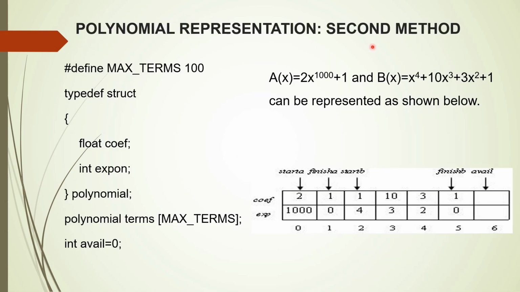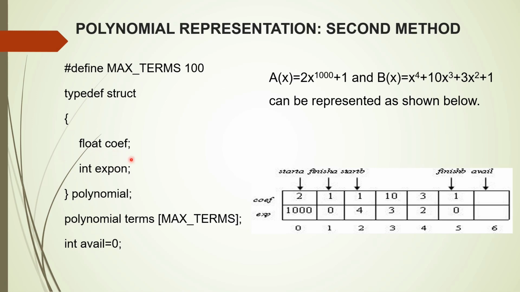This is another method to represent the polynomial. You know the disadvantage of the first method that is used to store the terms of a polynomial. So here we are going to declare a structure, because the type of exponent and the type of coefficient may be different. In this case we are using only integers, but you can use a floating point number as a coefficient when representing the terms of the polynomial.